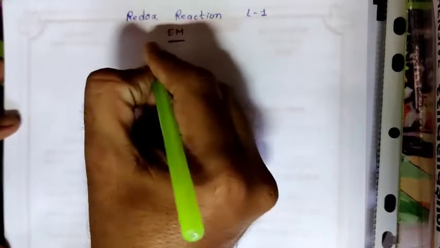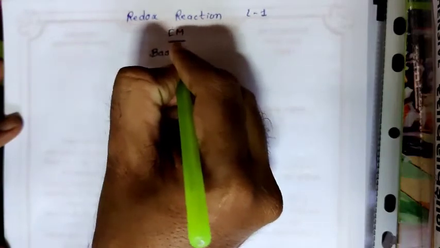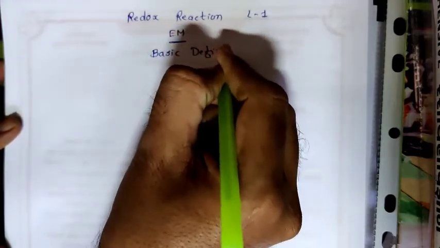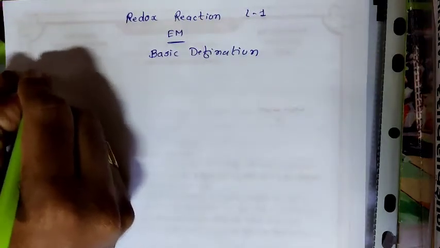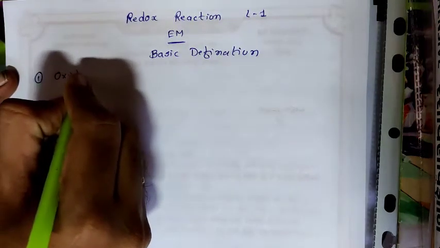Dear students, I gave you an important lecture yesterday about the valency chart, because the valency chart is very important for this chapter. Okay, in today's lecture, first of all, we will explain the basic definitions of redox reaction. The first definition is here, that is